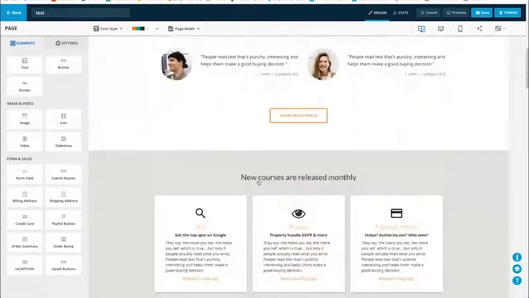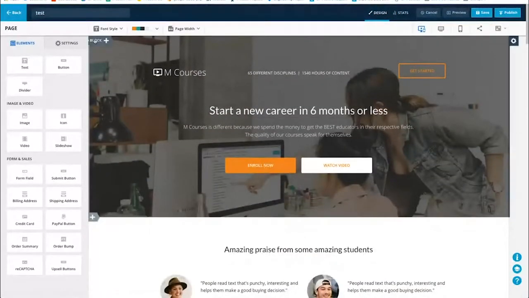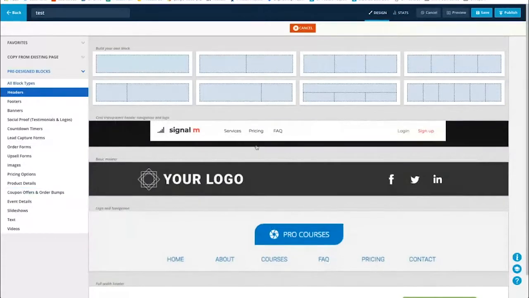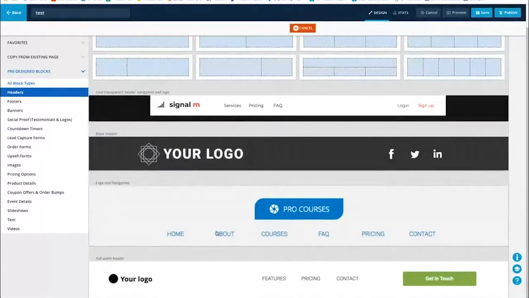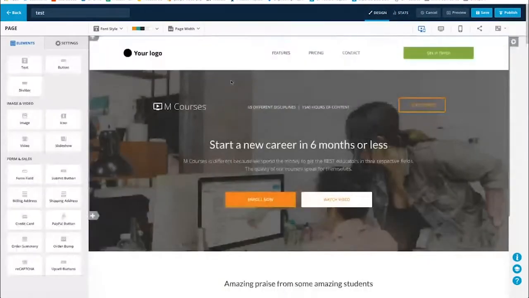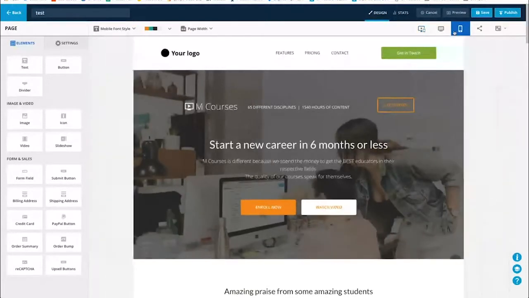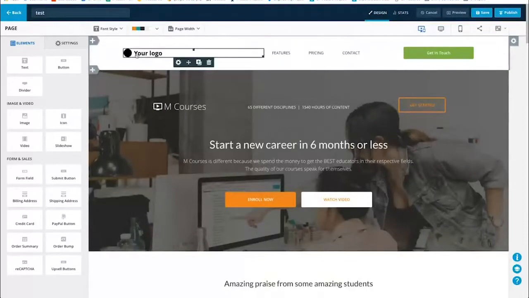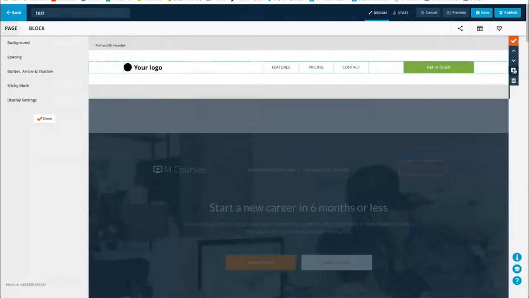it's another one I highly recommend, especially for headers and for showing different types of blocks. So let me just see what we can find here. So for example, let's choose this one. On mobile, it doesn't look too bad, but I may not want to show all the different menu items on mobile. I may want to make it so that this block only shows my logo and my call to action button, right? So what I would do is I would duplicate this,